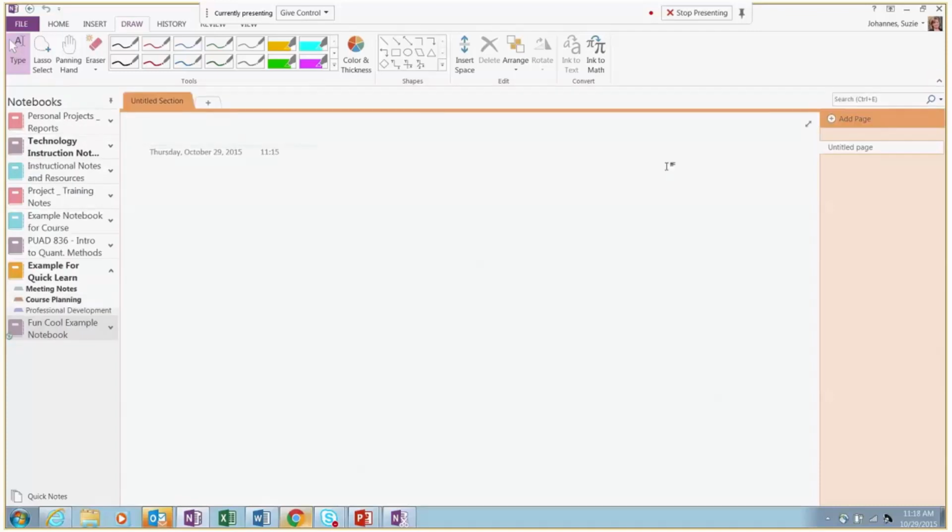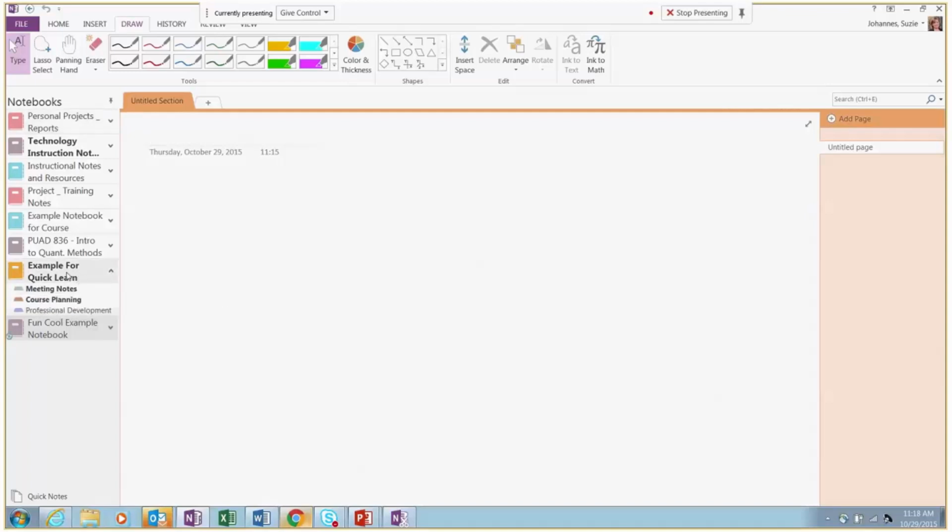Here I have a list of all my notebooks. You might have noticed I have a lot of different notebooks, maybe 30 at this point, and they're not all listed here. What you can do is close notebooks, and all that does is remove it from your everyday desktop software view, and then you can always open it again. Clicking in this right bar, you can say Open Notebook and find that notebook. So just because a notebook isn't listed here doesn't mean it doesn't exist.